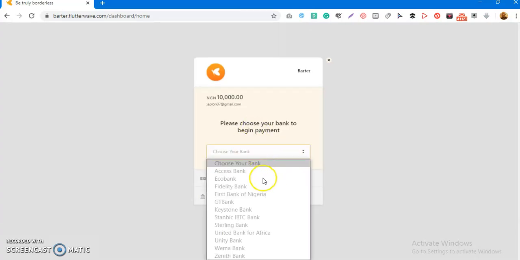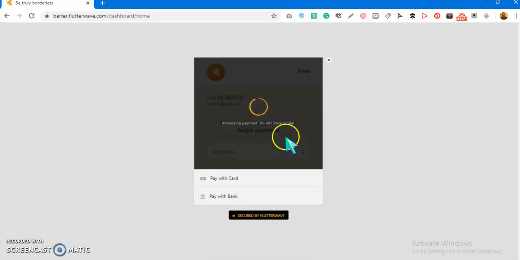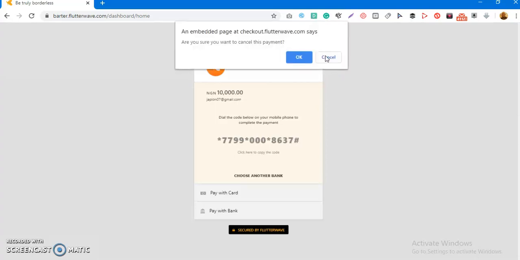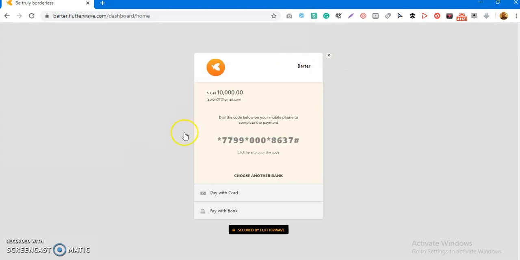I use UBA, so I just make payment with my bank. So whatever means you want to use, just fund your account. Once you fund your account, you can now proceed to generate a dollar card. So let's go over now and see how to generate a dollar card.